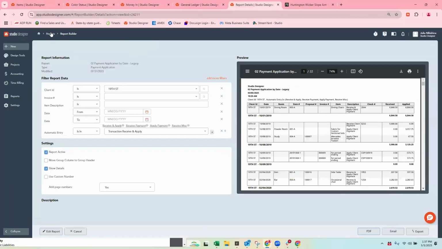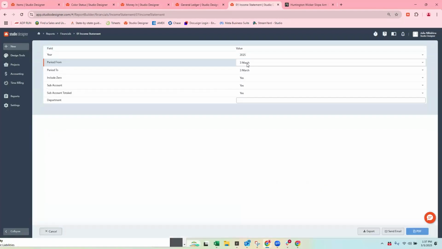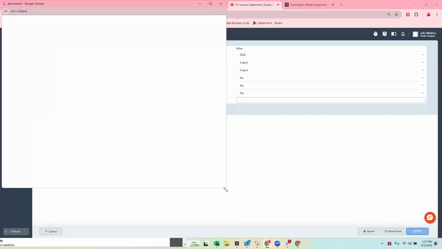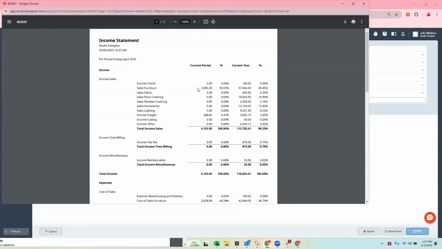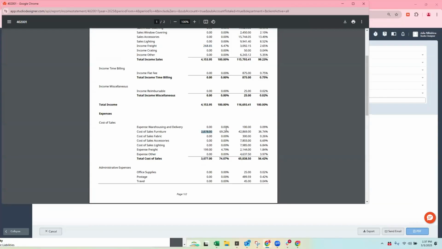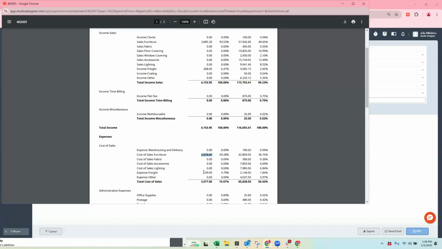So now let's go back into our reports and go back into income statement. And let's only pull it for April. And let's get rid of our zeros. We should always get rid of our zeros. So look, here it is. It's just our one item. So here's the chair. The chair cost me $3,800. There was freight associated with the chair of $268. If I go down, my cost of the chair was $2,800. So I marked it up $1,000. I did a relatively good job. And my true freight was $199, and I marked up freight as well at $268.